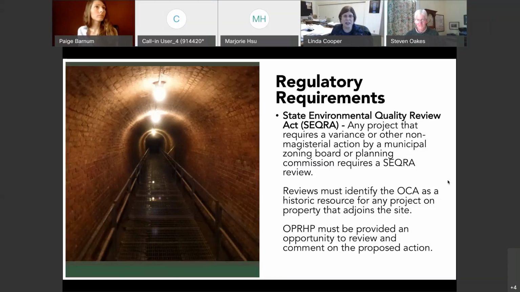near the aqueduct has to go through SEQRA, and all SEQRA reviews should be identifying the OCA as a historic resource. And toward that end, the state gets the opportunity to comment. And I know we regularly get the letters. We actually do look at them, and I send them routinely to Steve, who will locate whatever I think we